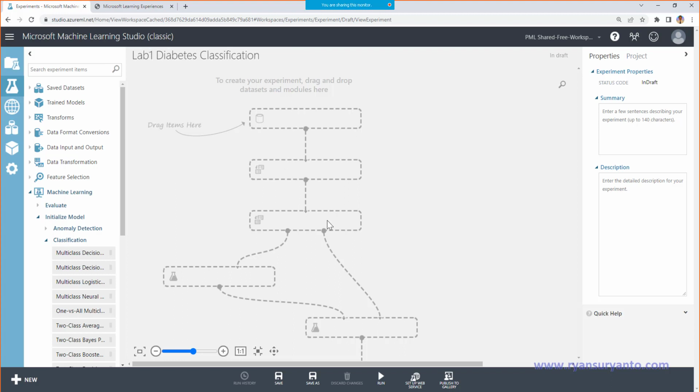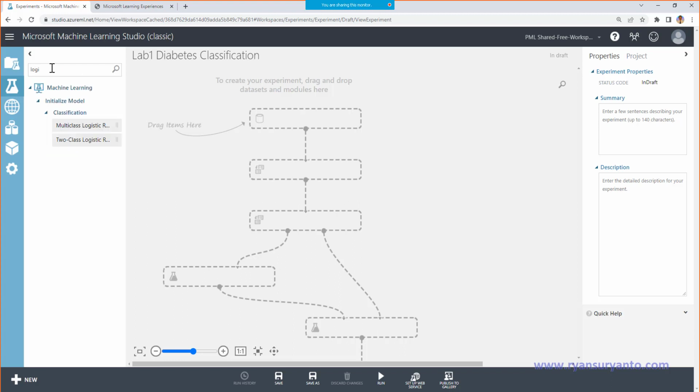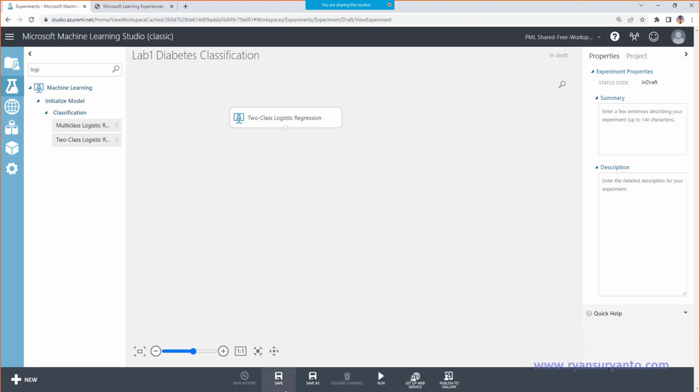After that, the next thing is to upload the data. You cannot save the experiment if it does not have anything, so I just quickly drop in the logistic regression, like this. Then I save it. The purpose is only to let you save the experiment.